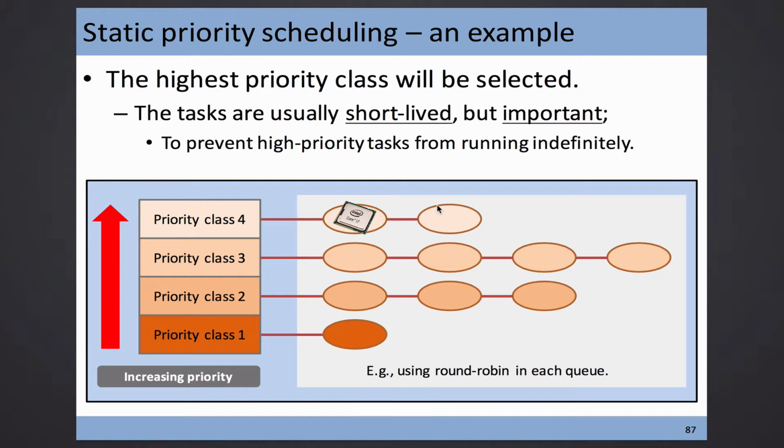Let's say this is the configuration, and in a multiple queue environment, you have different queues, and different queues have different priorities. Once you launch an RT or real-time or high priority process, this one will execute first. Until when? Until all the priority class 4 processes are gone.